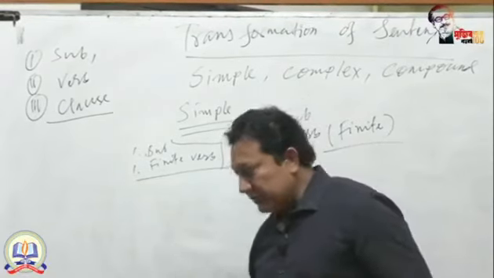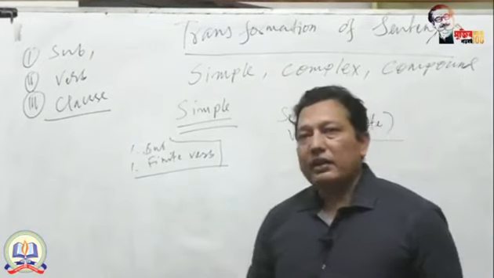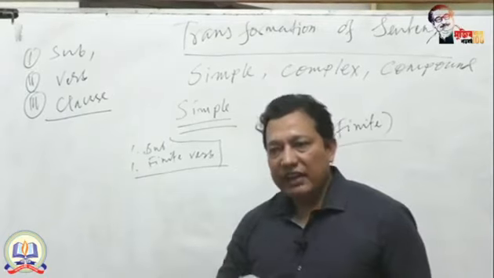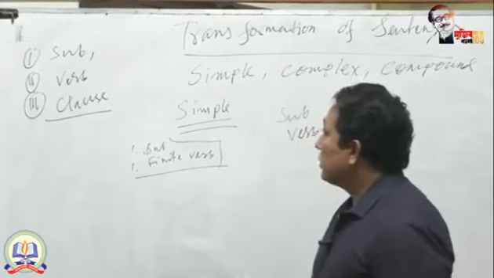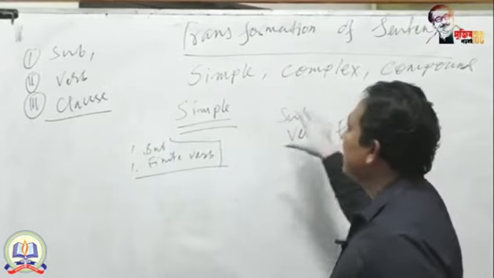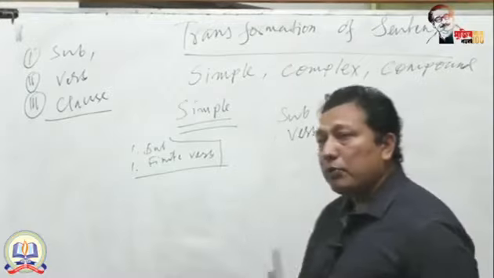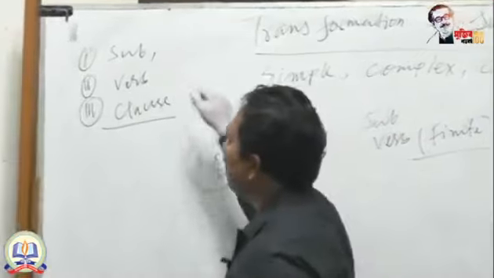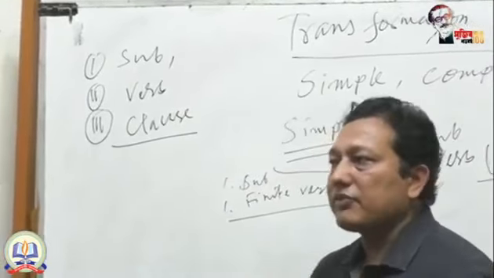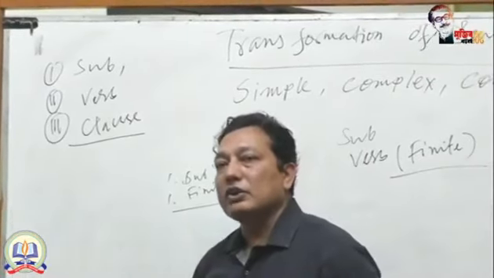These three things are very important for getting a clear conception of simple, complex, and compound sentences. When we speak with somebody, or when we want to express our thinking in writing, we need a good command of these three structural types of sentences. And for that, of course, you need a clear conception of subject, verb, and clause. That is very important. You know subject very well. Subject performs the action. And a verb completes the thought or completes the sentence.